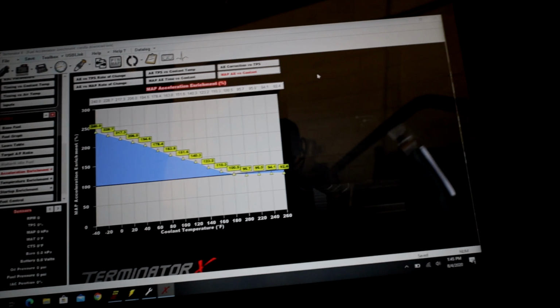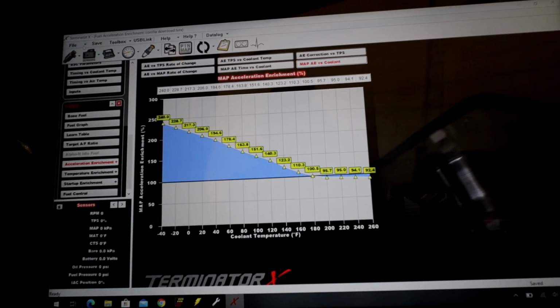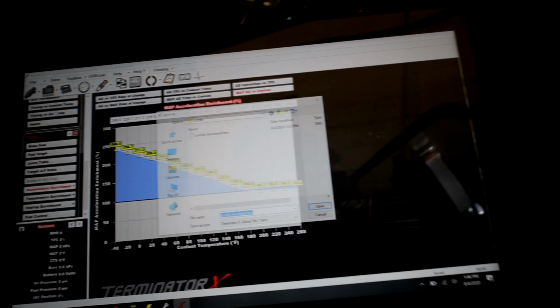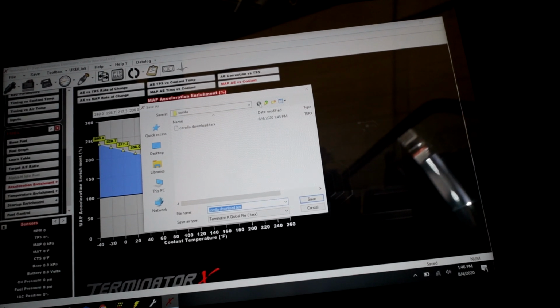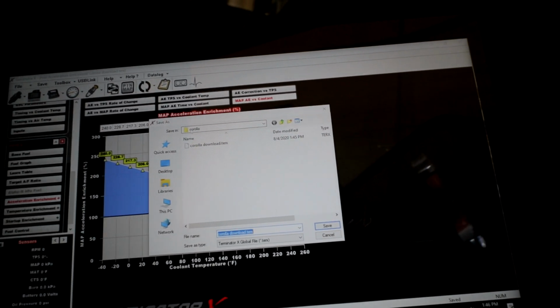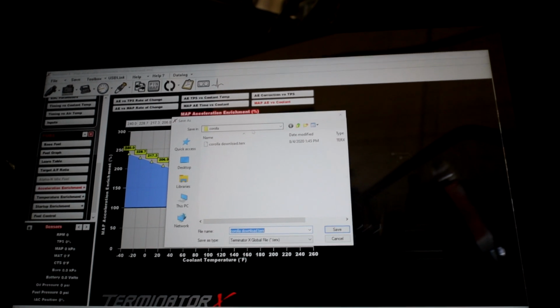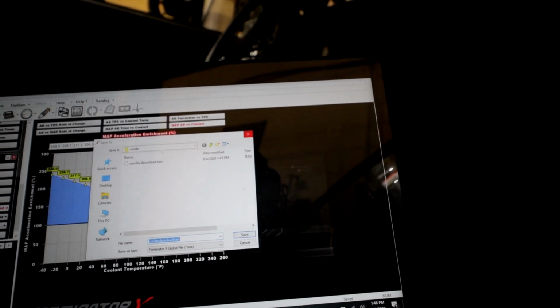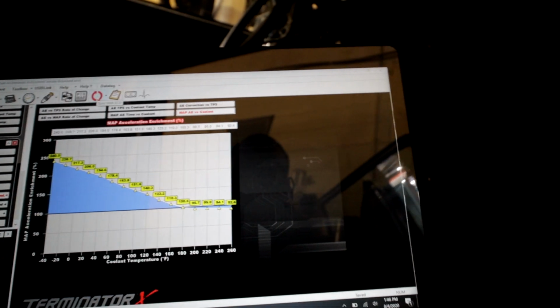Alright, let's see if this thing will cooperate. I'm just trying to do it through the laptop and not through the SD card. So the first thing you always want to do is go to File, Save Global Folder As. I just start a new folder for each car. Considering this will probably be the one and only Corolla I have with this system on it, the folder name Corolla should be fine. So it's already saved, and now we go to this, looks like a recycling logo,